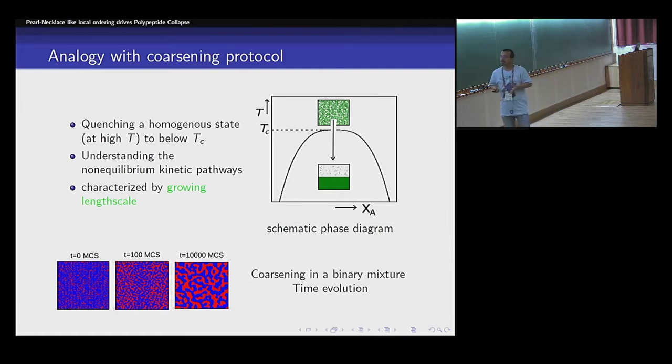The system evolves with time by formation and growth of domains of like phases, where I have shown here an example from an Ising model. The main question asked there is how the domain size, the relevant length scale of the problem, grows as a function of time. We are going to ask similar questions when we study the kinetics of polymer collapse. Before I move towards the model of our system, the polyglycine,